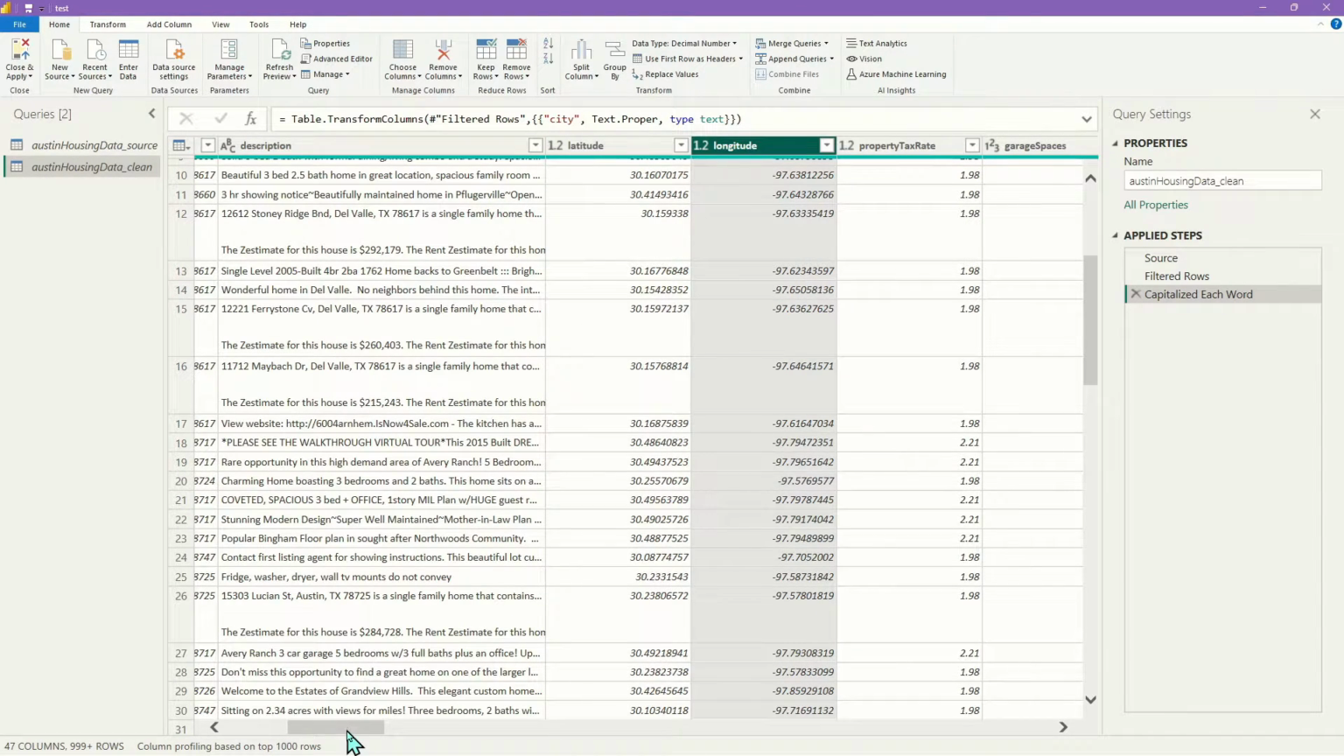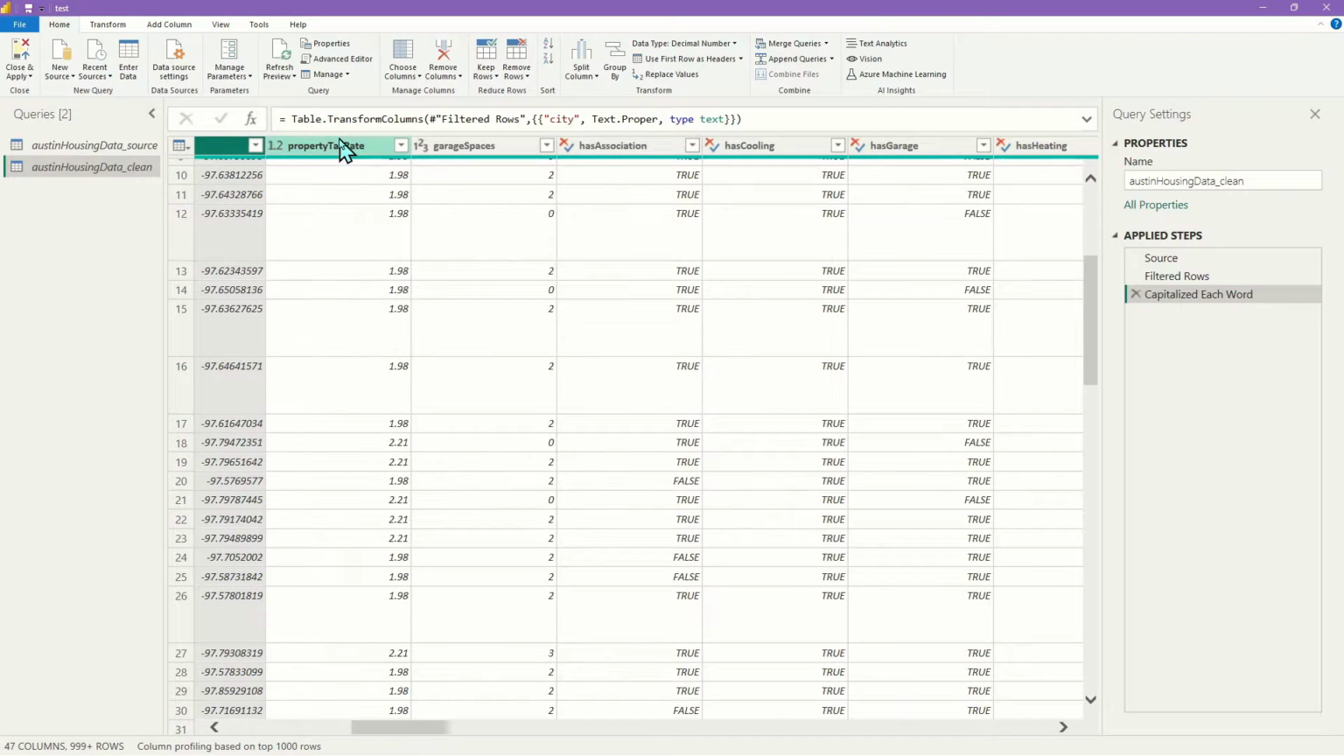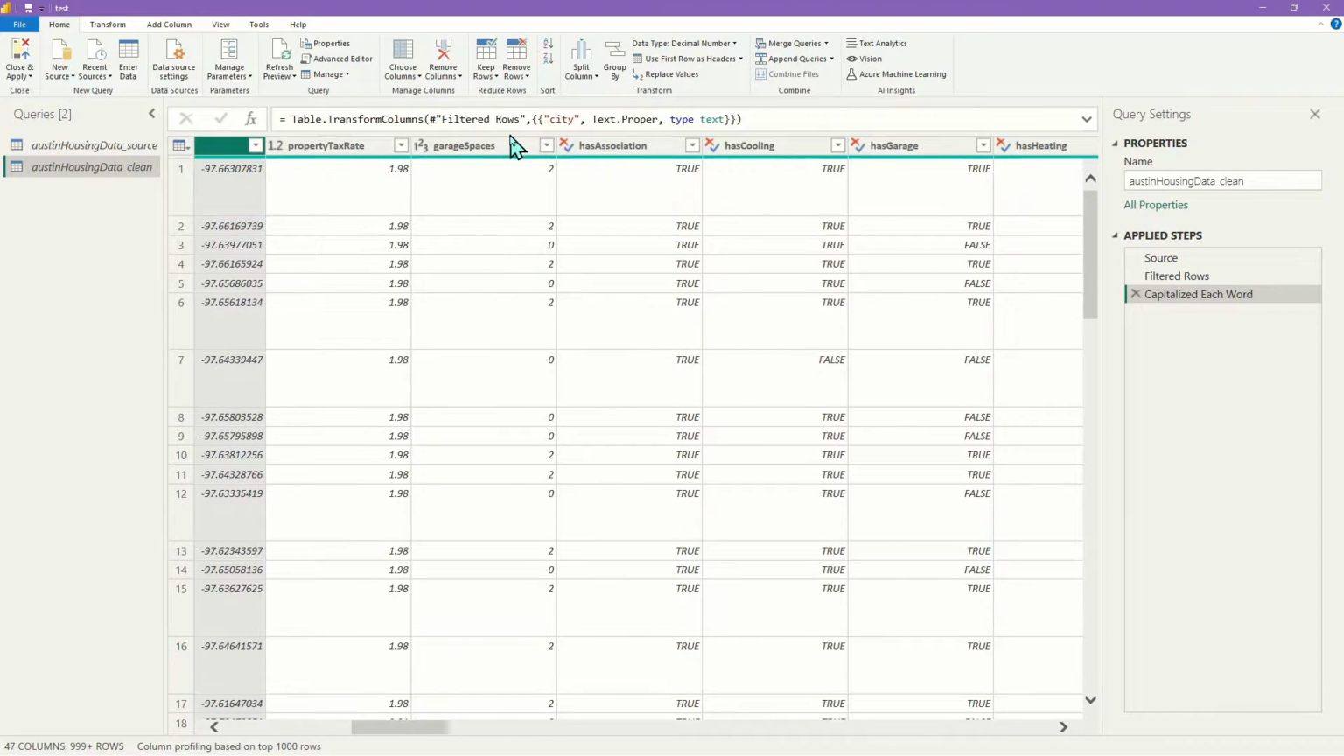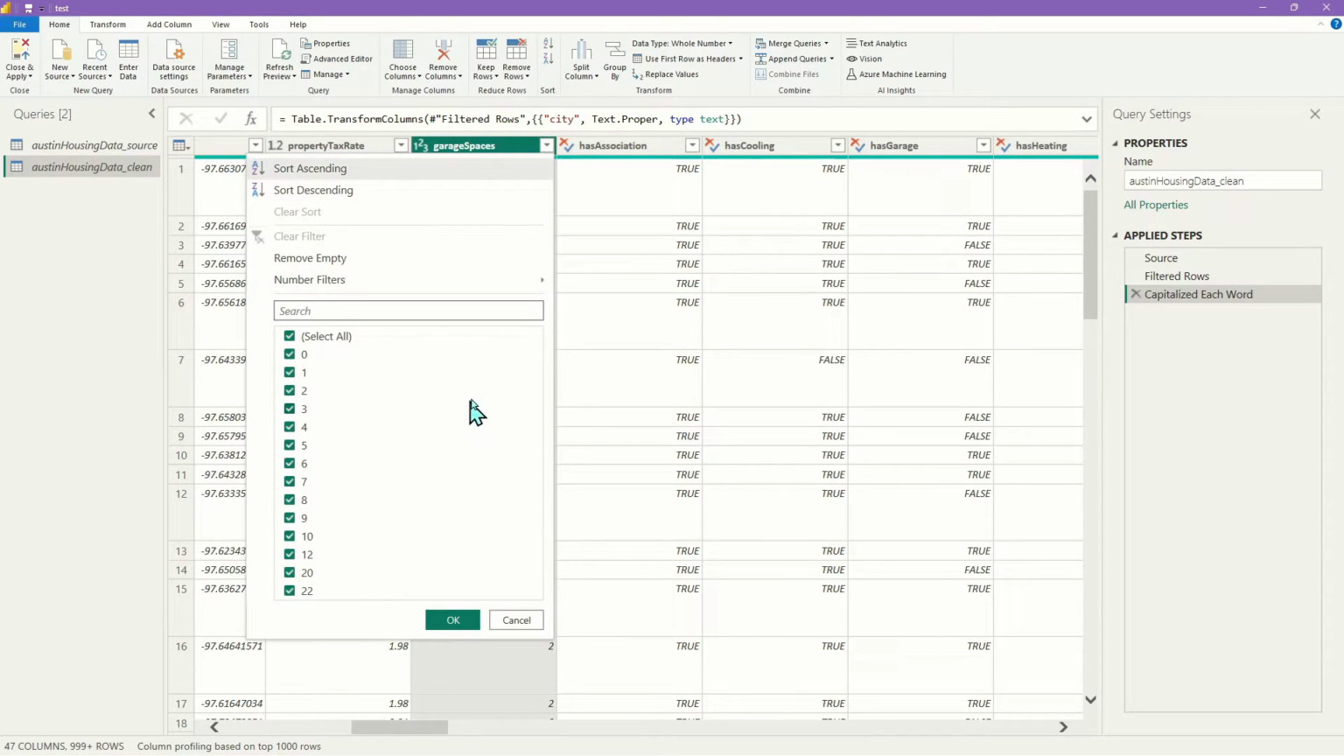My latitude and my longitude numbers look fine. My property tax rate looks okay. My garage spaces are whole numbers, which is what they should be. If you want to open this up and just check, first of all, notice there is a house that has